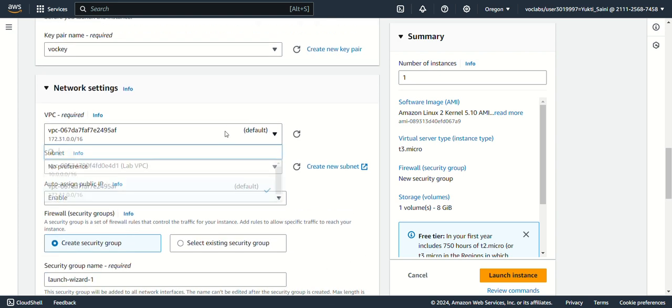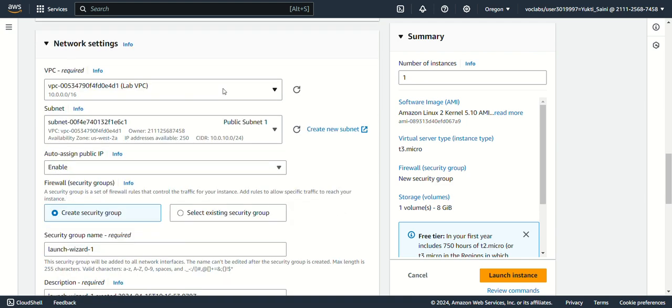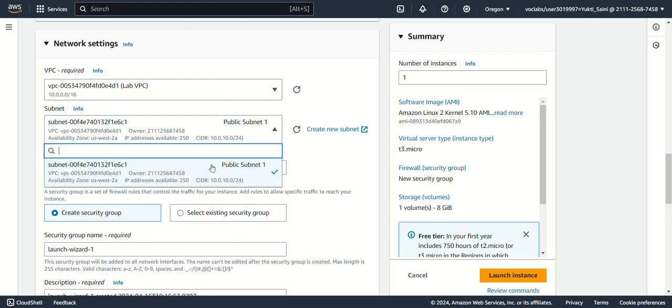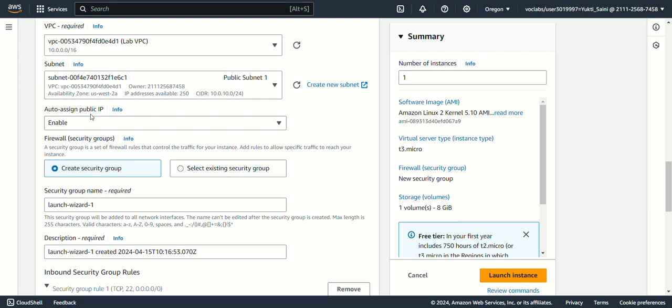Click on edit, and after that I am choosing VPC as lab VPC. I have already pre-configured it, that's why I am choosing the lab VPC, and after that I am choosing the subnet as public subnet 1, and I am auto-assigning the public IP address by clicking on enable.